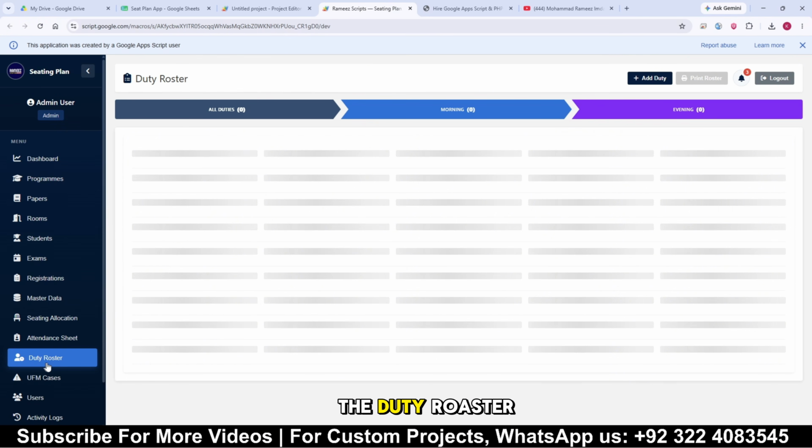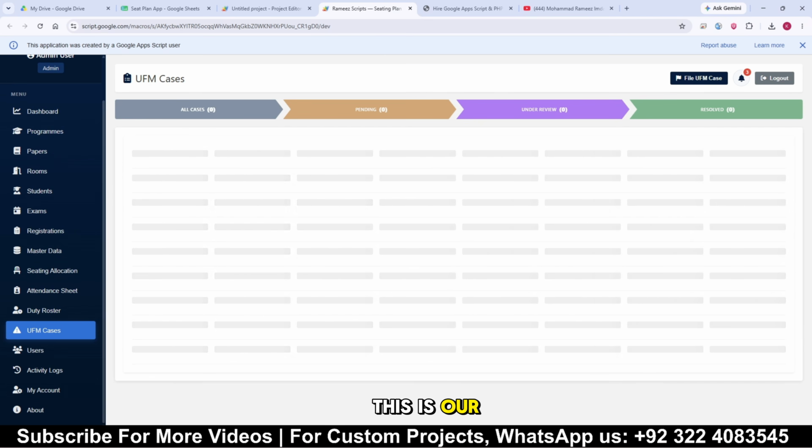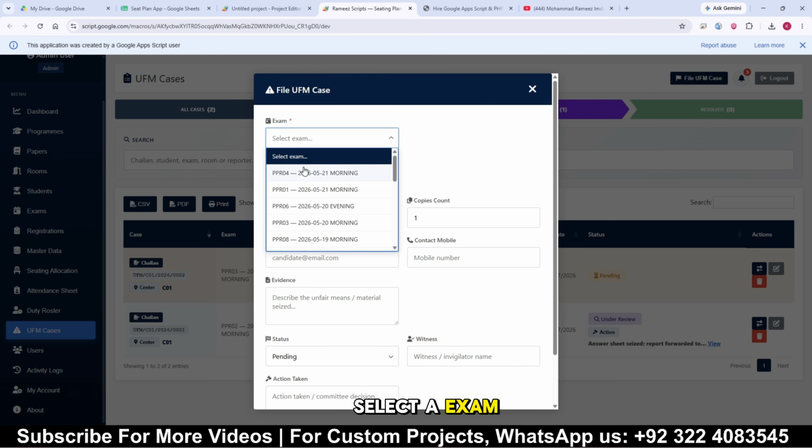Now that is the duty roster. I already told you how you can add a duty, edit a duty, or update a duty in your system. Okay, and lastly, this is our UFM cases section, where we can file UFM cases,